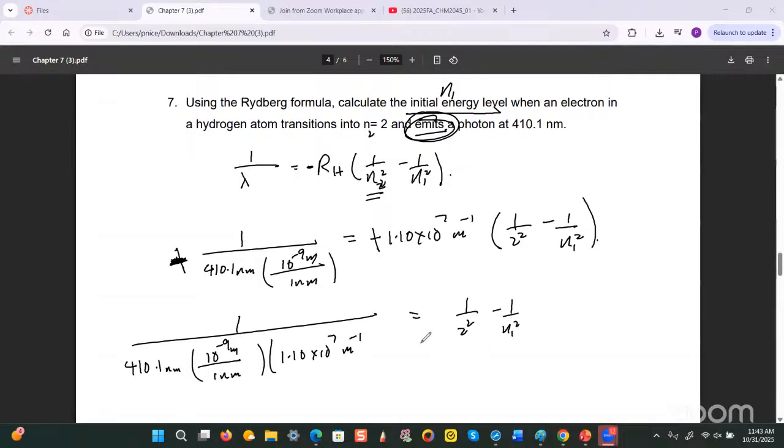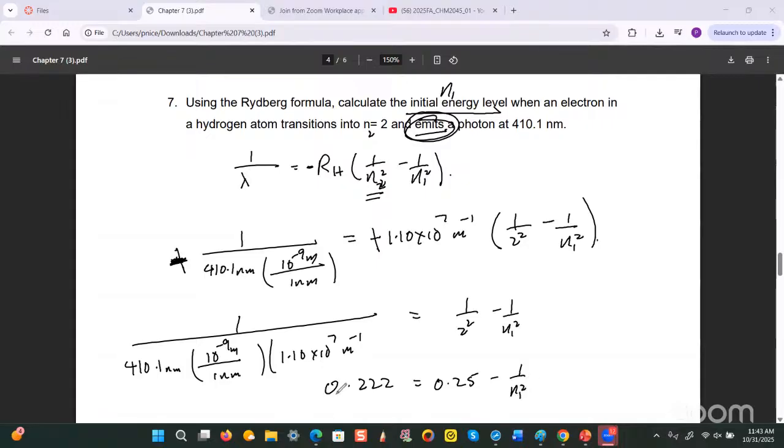So I'm going to work out the left side. 410.1 times 10 to the minus 9 times 1.10 times 10 to the 7. And then I'm going to do 1 over that. So what I got on this side here is 0.22. Actually, let me see here. 0.222, all right? And that would be equal to 1 over 4, which is the same thing as 0.25, minus 1 over N1